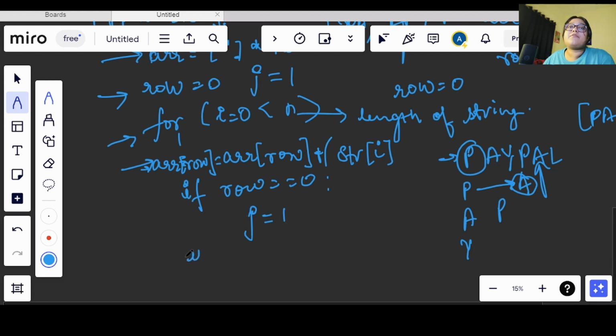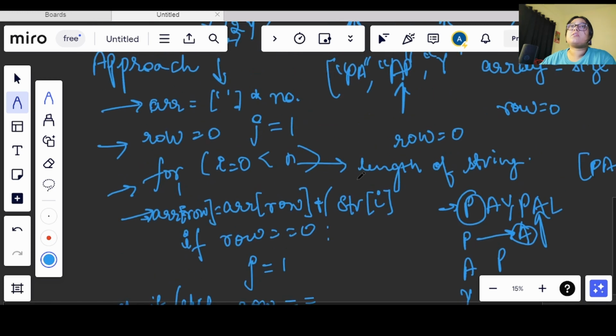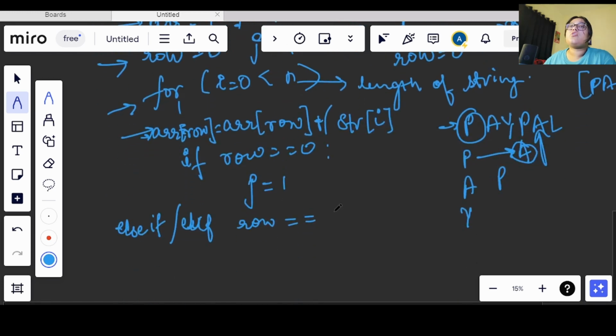And else if the row that we have is equal to the number of rows, that is n minus 1, then we need to go in a negative way, right?